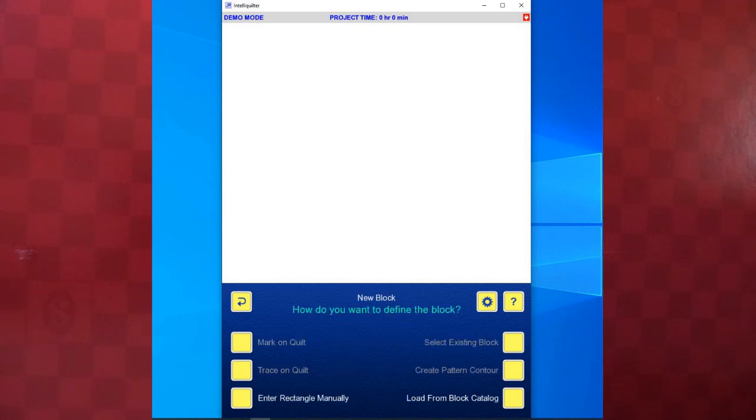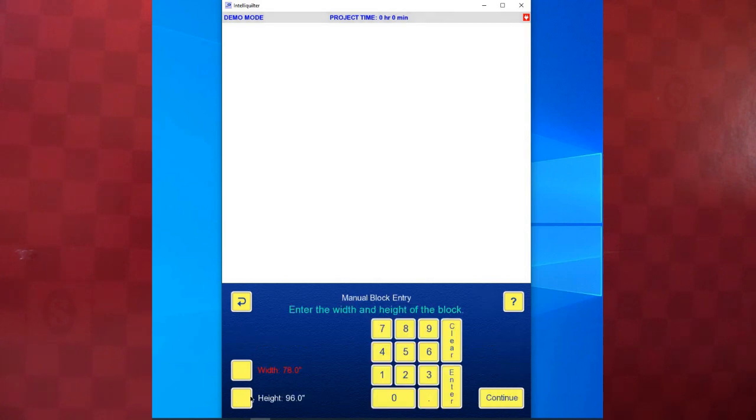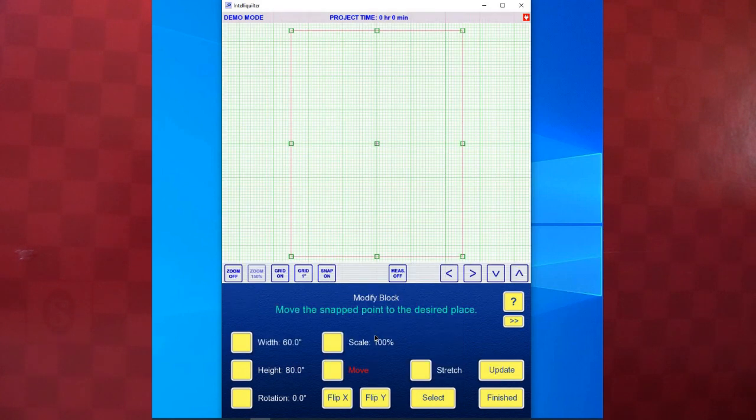We would be working manually because the size of the quilt is larger than we could move the head of the machine, but also we're not on the machine today. I'm on the IQ stick on the computer doing design work. So I'm going to say the inside body of the quilt is 60 by 80. And continue. So this is going to be the inside body where we've done some piecing work,